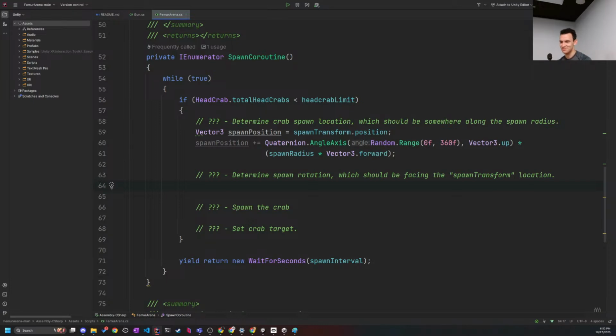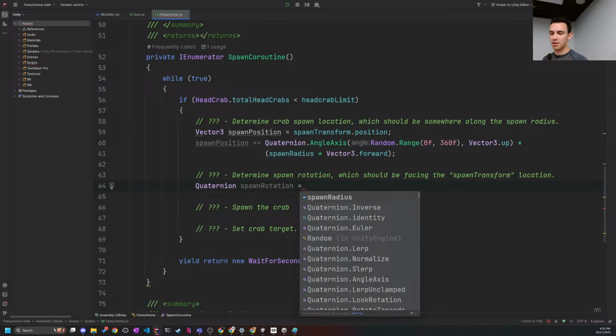But once you get versed in this Unity rotation stuff, it does become easier over time. So next, we will have our spawn position, but we need to actually make the crab start off facing the player. And what Unity can do, which is nice for us, is do all the hard work for us. What we really want is that wherever we spawn, we look at the center. And we can do that by first making a rotation variable called spawn rotation, and we'll call the method